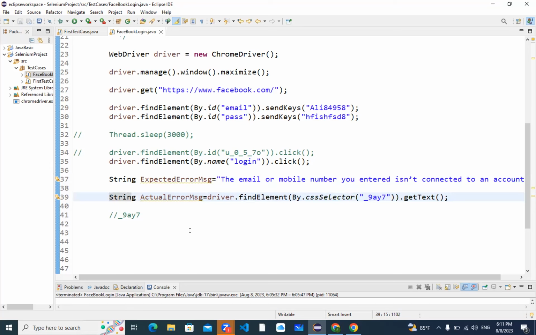Now everything seems good. Let me erase this part. Now I will do what? I have read everything. Now I'll pass the condition. I will say if my expected,